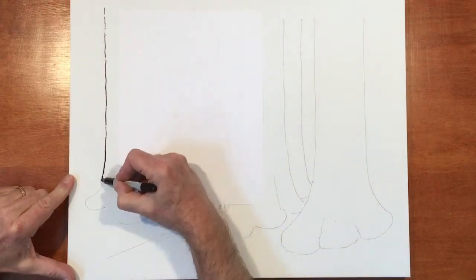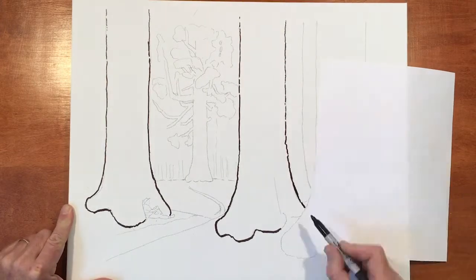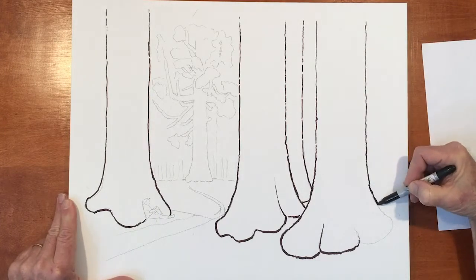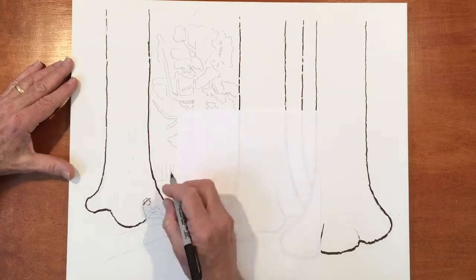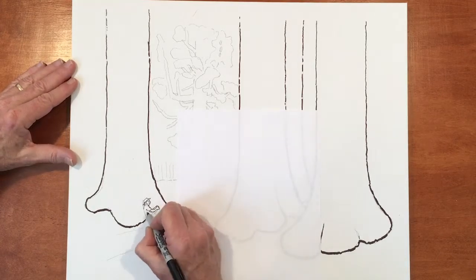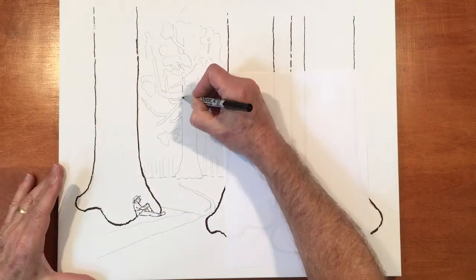This is my pencil sketch that I'm now inking in around the outline of the trees, the big trees. I'm doing it again with a rough line to give it the character of the tree itself. Of course, the tree is not smooth. And then I'm going to do some of the detail of the man that's leaning or lounging up against the side of the tree and enjoying the view. I'm putting him in right away because I don't want to accidentally draw right over him,